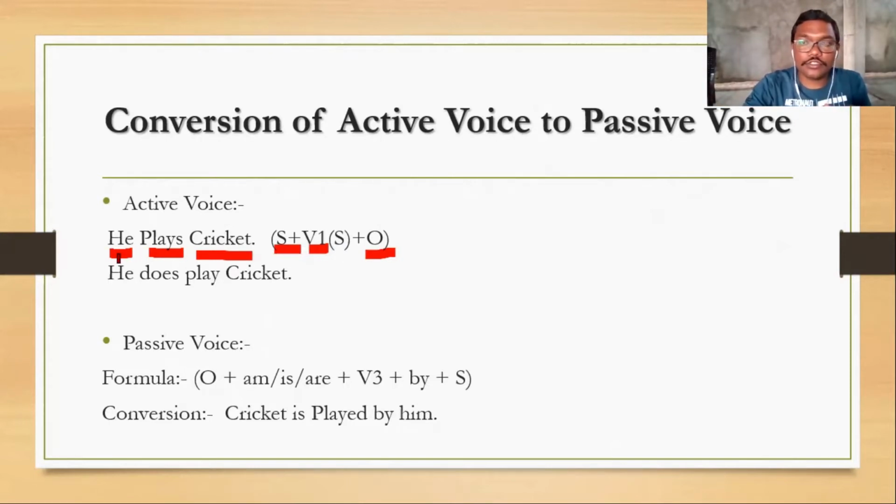You can also speak the sentence in this manner; both are the same, don't worry. He does play cricket. Most official speakers speak in this manner. We commonly say he plays cricket, but they say he does play cricket. I do play cricket. The only difference is that we are not including helping verbs in the simple present, but they do include them. All these sentences are correct, and this is also correct.